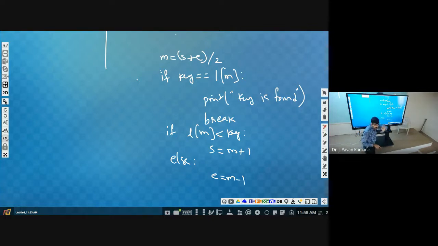It is not equal. So L of mid is less than key or greater than key. Definitely one of these two conditions will be satisfied. Now either start or end we will be modifying. So start and end are at the same position, but if you change, automatically start and end will cross. Either this will decrement or this will increment.